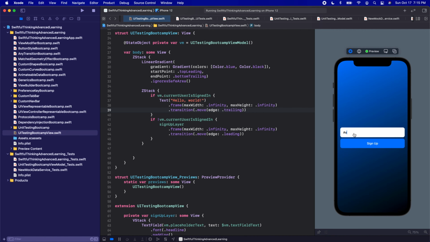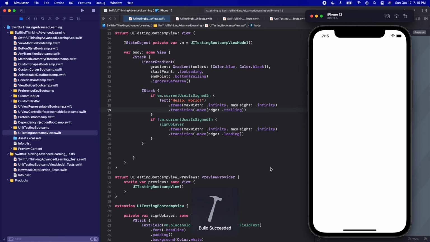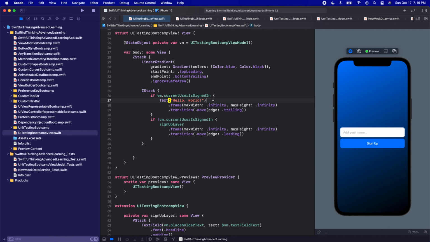I'm going to type a name, click sign up, animate to the left, and then this will animate in. Let's run it to the simulator one more time. I think it'll look a little bit better on the simulator now. Let's type in a name. This should animate left, and then hello world comes in from the right. Awesome. So now all we're going to do is add one more screen for when we are actually signed in